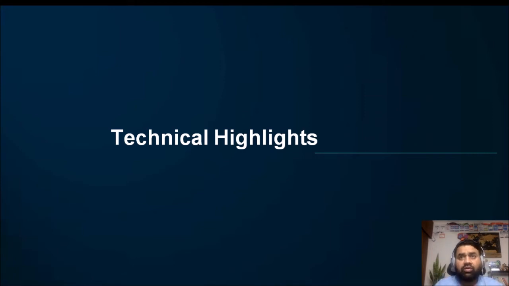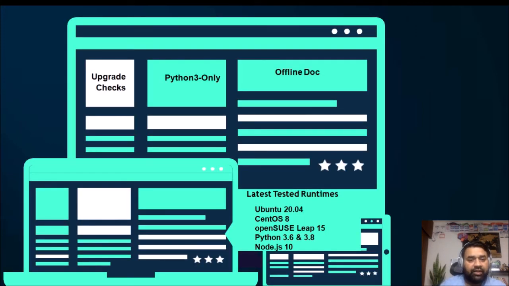Okay, so let's talk about the recent things we have merged and the things we are working on. Very first thing is upgrade checks. This is one of the good things. These are tools that operators can run before they upgrade OpenStack. In every project, whenever there is a change in the code base from the upgrade perspective, whether it can break the upgrade or whether something has to be done before the cloud is upgraded to the new release,